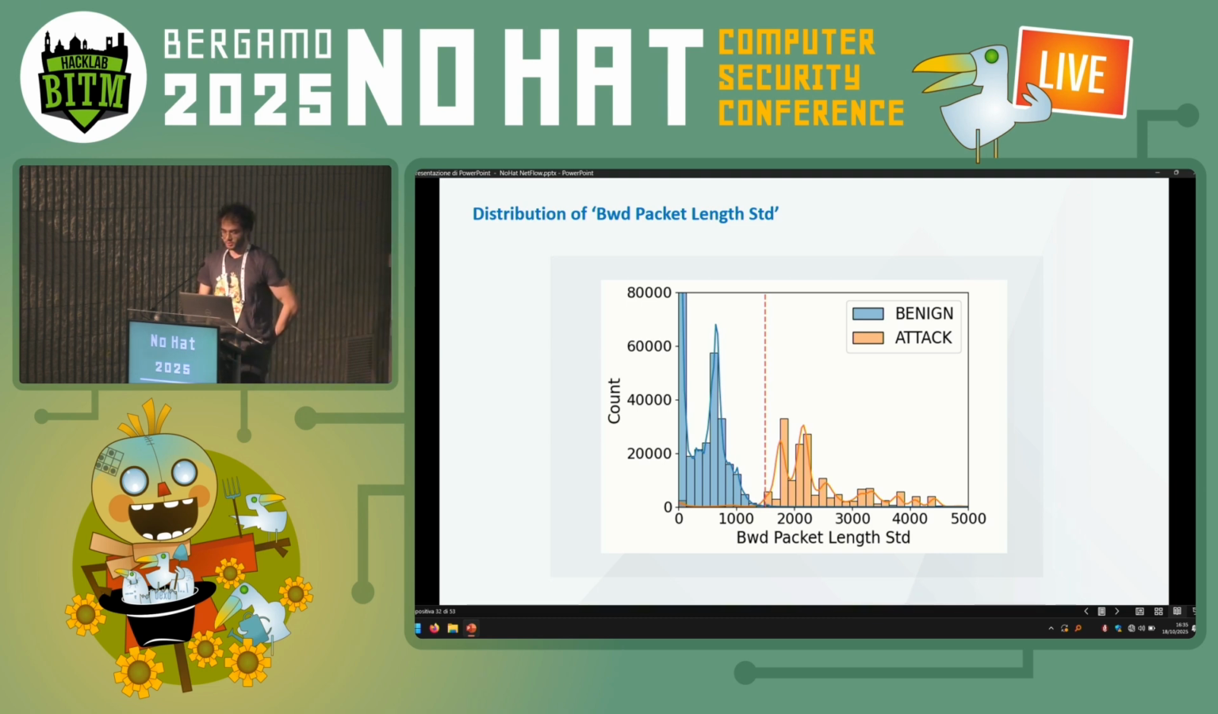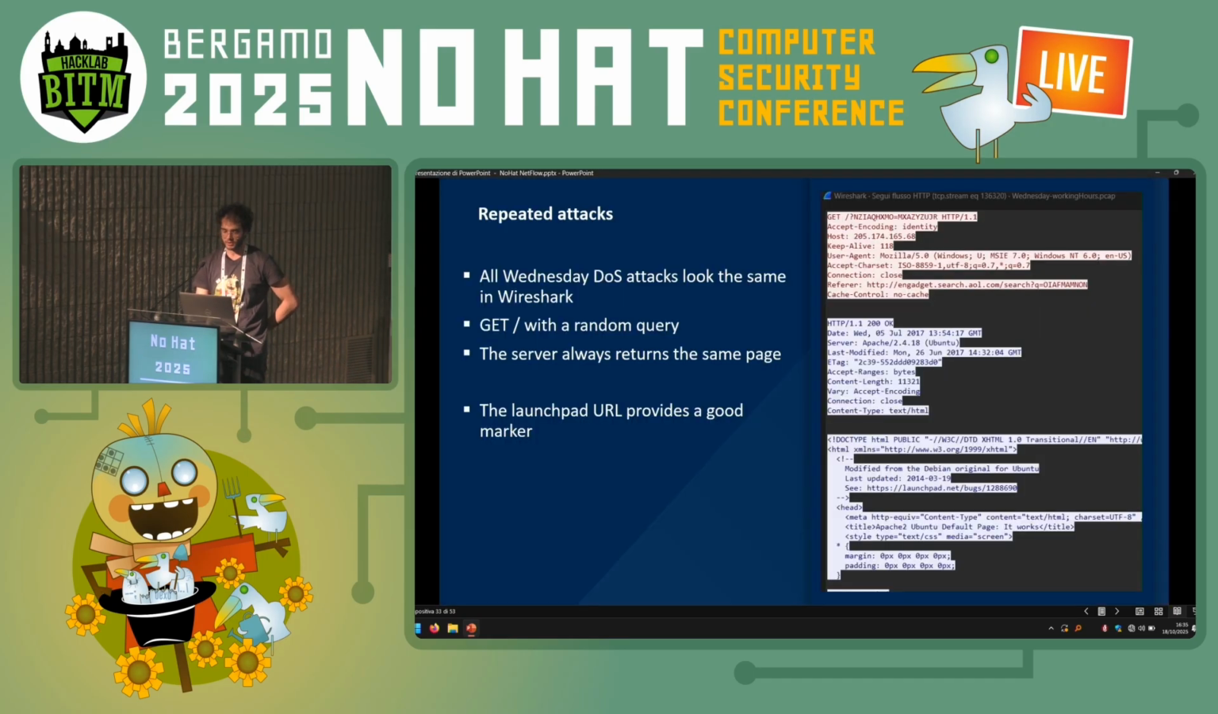So when Antonio showed me this graph, we both thought it looked really weird. So I started investigating the actual pickup files provided by the dataset. What we see in Wireshark is that all the denial of service attacks look the same. They are a GET request to the root of the web server with a random query. And the server is always returning the same page. Investigating, it turned out that this is a default installation of the Apache web server, so it's always returning the